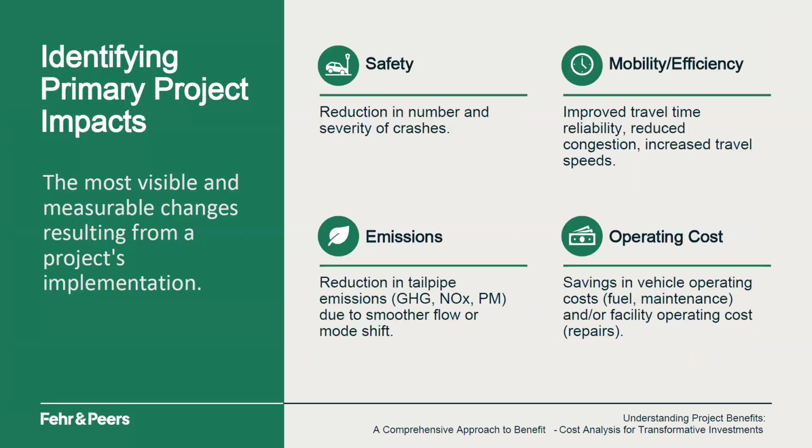So these are the major categories that we talked about. The first step is to quantify the major categories. So, highway safety: how many reductions of collisions, not just the number, but the severity, right? Ideally fewer and also less severe, less people involved, less frequent. Looking at the mobility effects: the travel time reliability, the congestion, changing of speeds, also maybe shifting to modes.